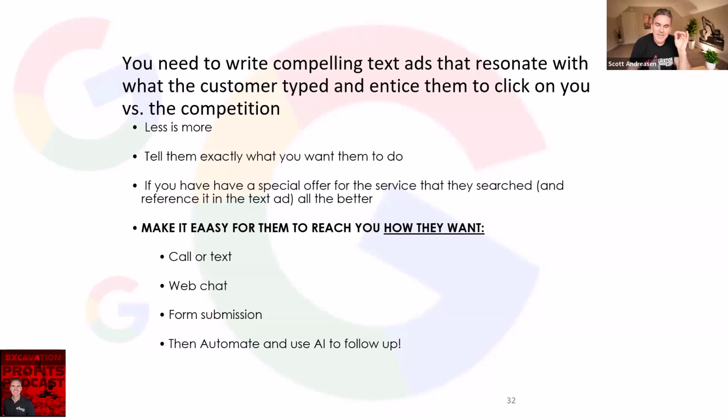And then make it easy for them to reach out how they want. I'll give you some examples. Give them the ability to call or text. You could do a web chat, that's another option. AI web chat is very strong right now. We have clients using that. Very human-like too, to the point where